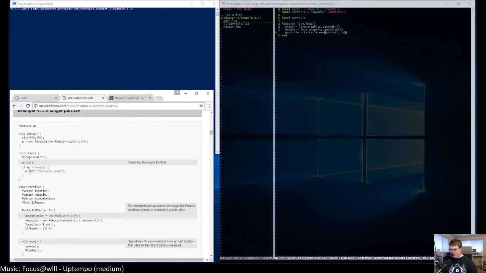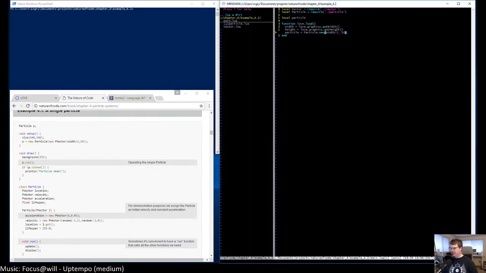Looks like he's not actually cleaning up the particle, which I think is a little bit interesting and probably a bad practice. Although I think later on he does go through and delete them from the array. But I guess we're only creating one. So let's do it, it's going to display, and then